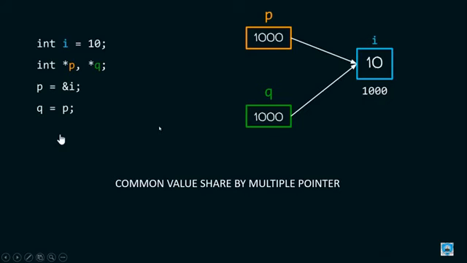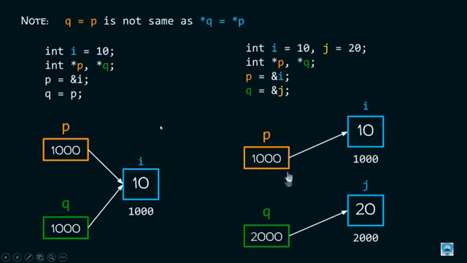So we can say that a common value is shared by multiple pointers. There is another key element, q = p, that we understood in the previous slide, but it is not the same as *q = *p. We cannot replicate the whole pointer.